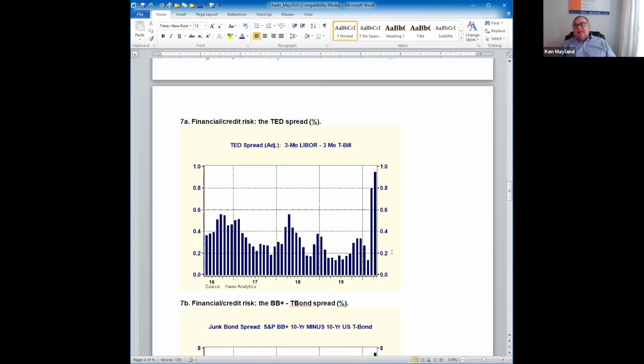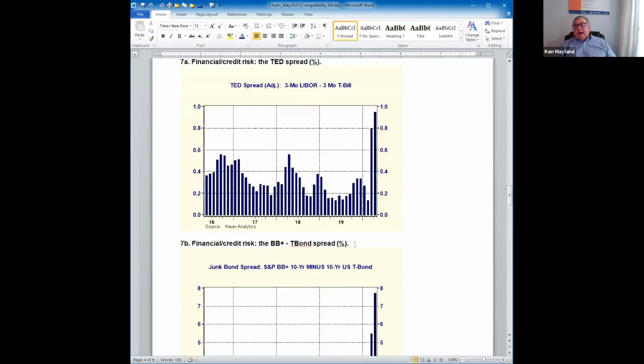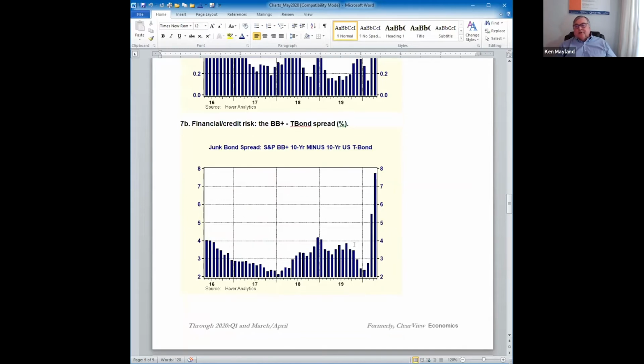And you see how these numbers evolve over time. This other measure of credit risk shows the difference between a double B plus, which is the highest rated junk bond,